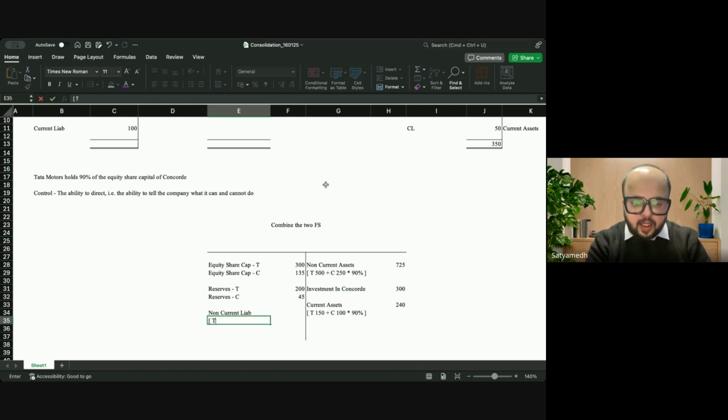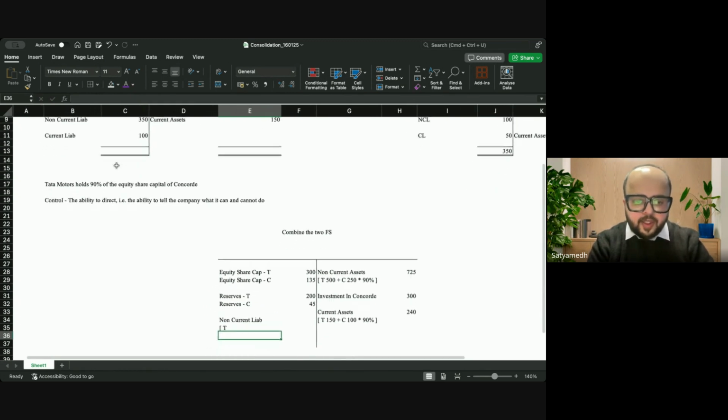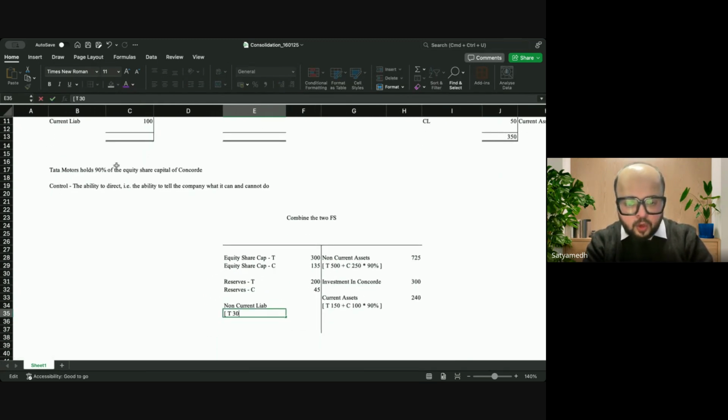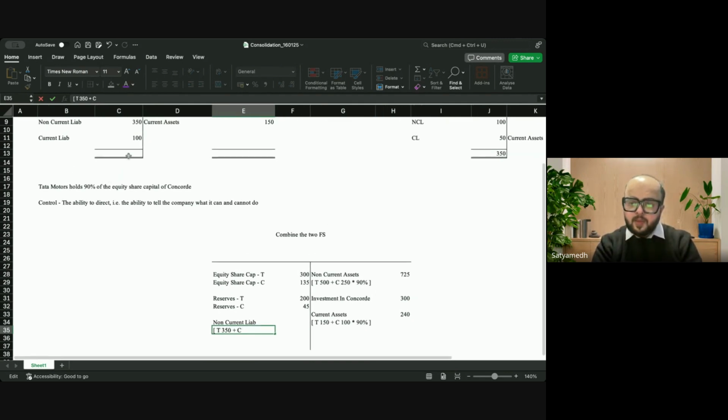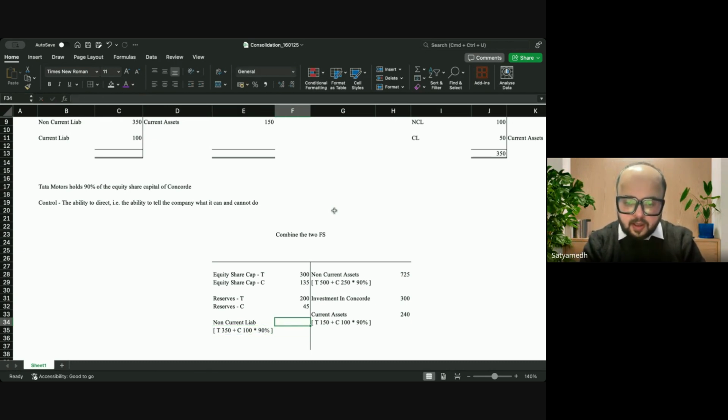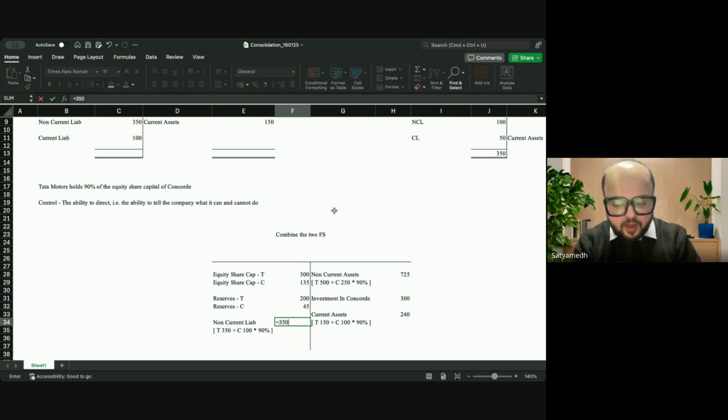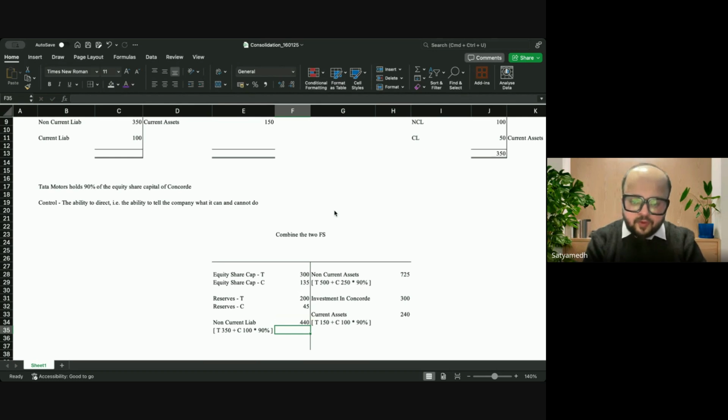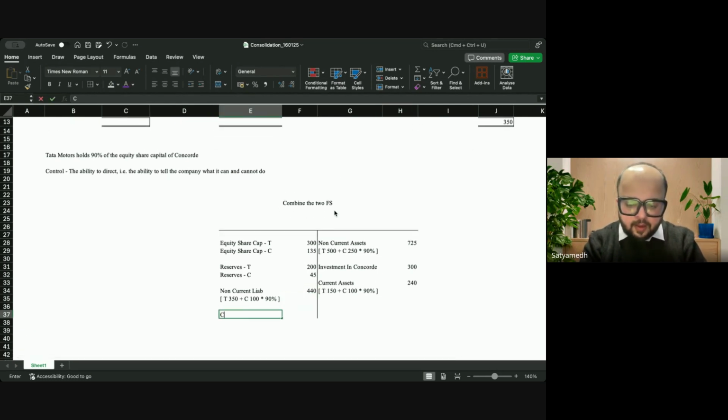Non-current liability: Tata Motors' own non-current liability is 350, and in the other company, Concord Motors, Tata Motors owns 90% shares. So, as I said, in assets 90% is mine, so in liabilities also, unfortunately, I have to take responsibility for 90%. So 100 into 90%. Okay. So this is 350 plus 90, 440. Okay. And then